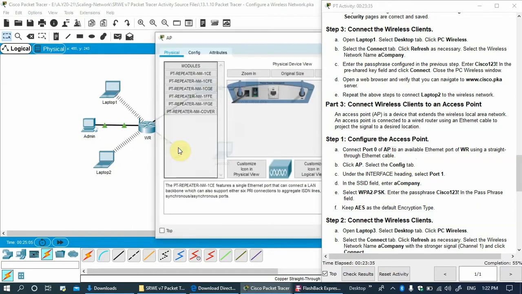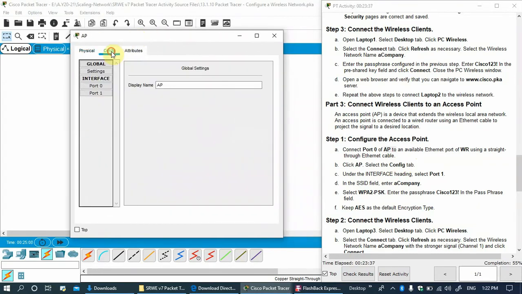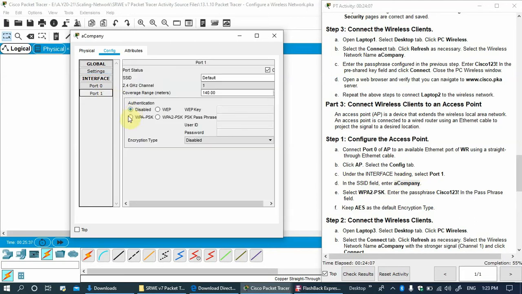So here click on the AP config tab, and here we are going to use this SSID. Under the port 1 interface, enter the SSID, A company, and the channel is 1.